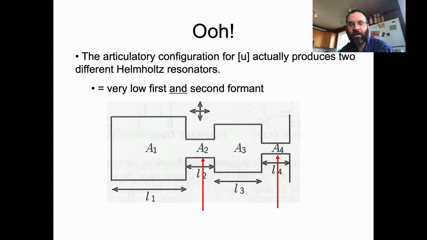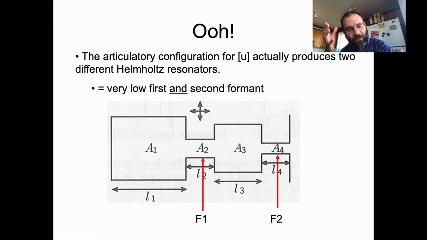There's one Helmholtz resonator, there's another. There's F1 and there's F2, it turns out, because this one has more volume behind it. This one has a smaller chamber right behind it, so it's not going to have a resonant frequency that's quite as low. I actually got all these diagrams, the nomograms and this particular diagram as well,